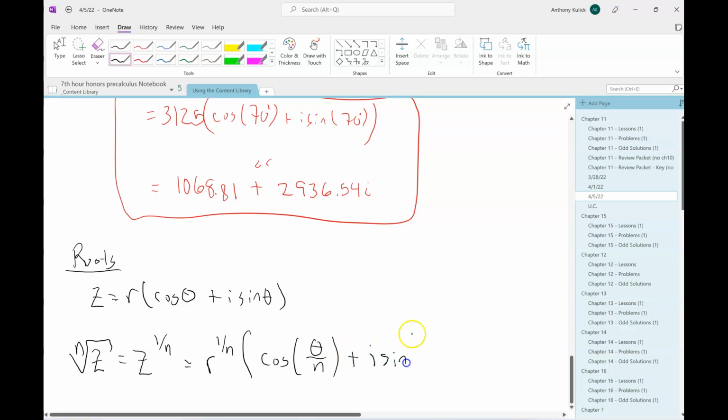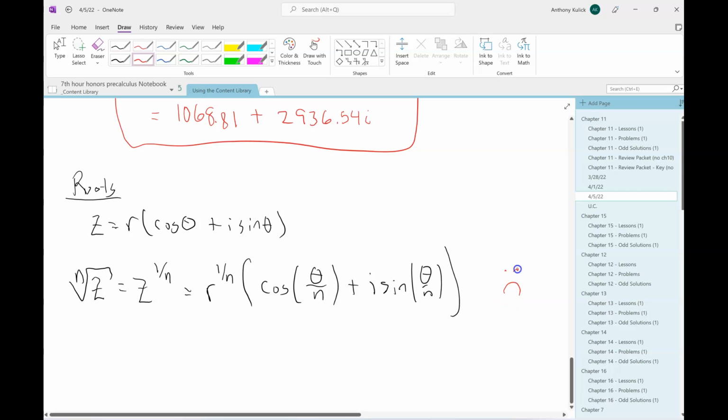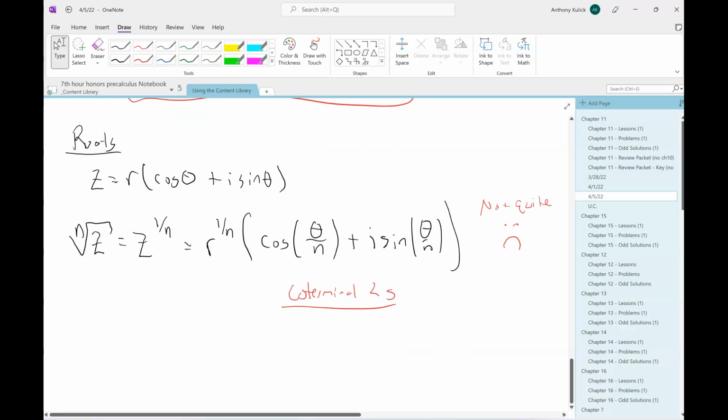Right? No. Not quite. What's the issue here? The issue is that coterminal angles come into play. So really what we have,